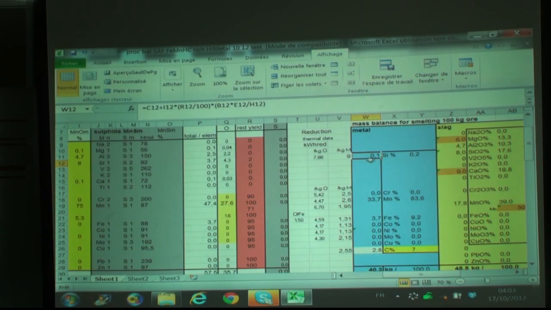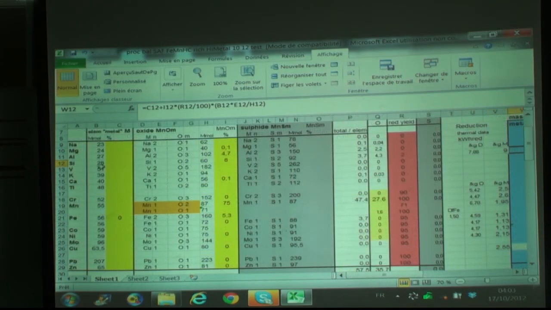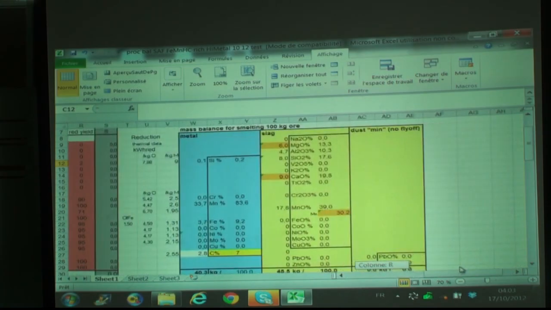I just say it is equal to, of course, the silicium metal if I had one in the input, which is 0 here, plus